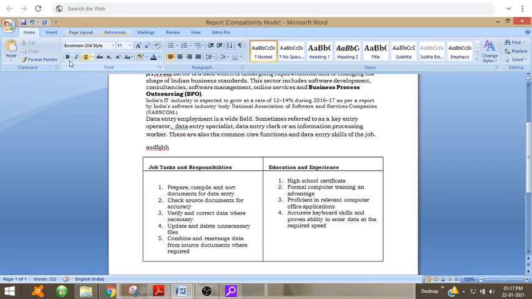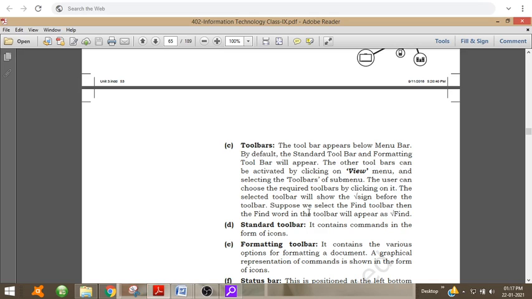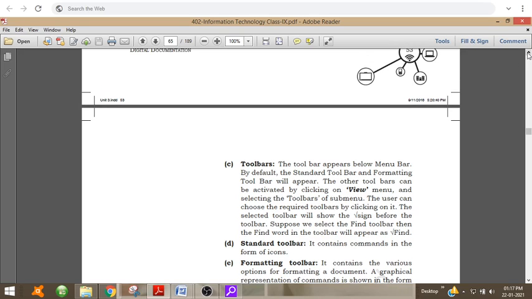So you can see there are clipboard, font, paragraph. These are different toolbars. So this is the title bar, this is the menu bar, and this is the toolbar. Next is the standard toolbar.